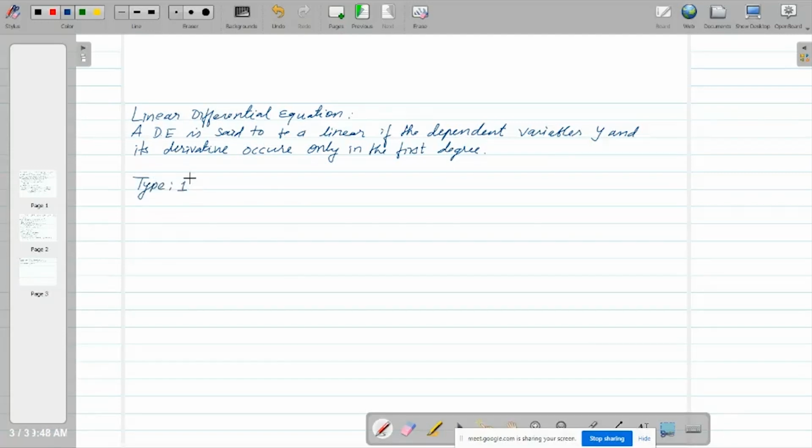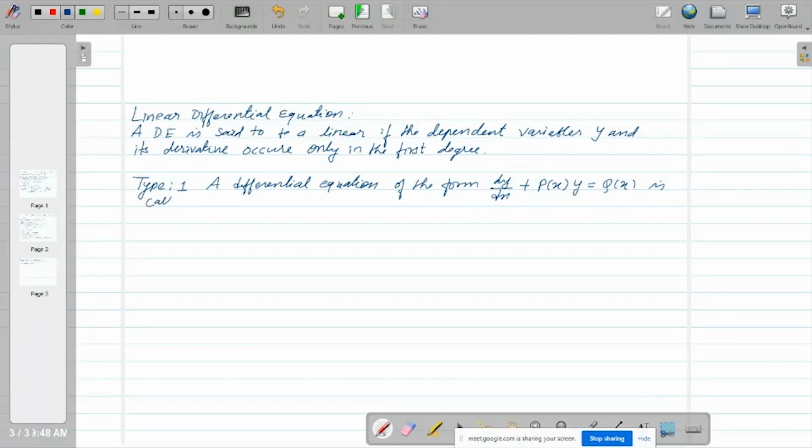A differential equation of the form dy by dx plus P x y equal to Q of x, okay,